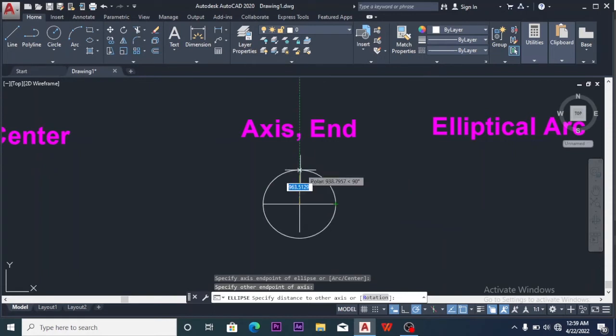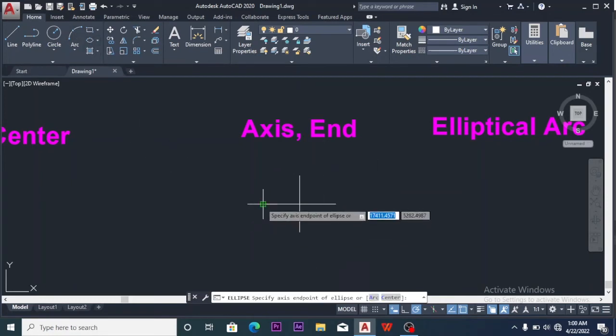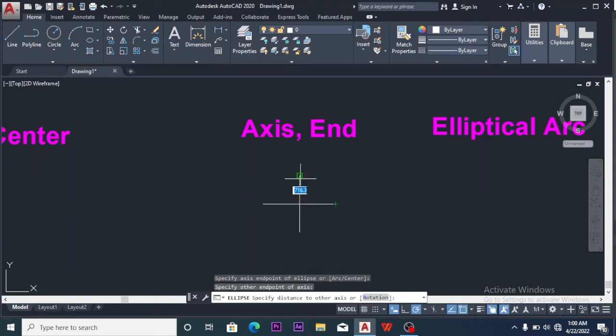Then specify, okay, this is for this one, then